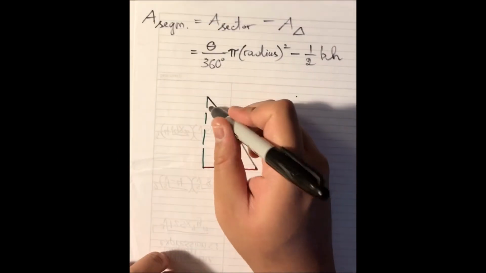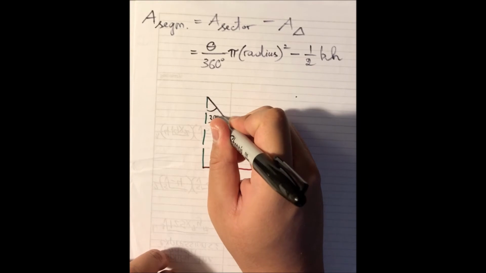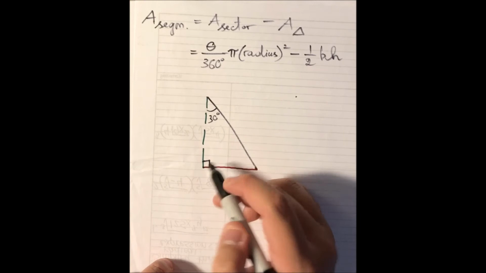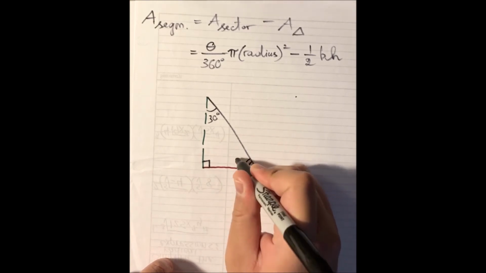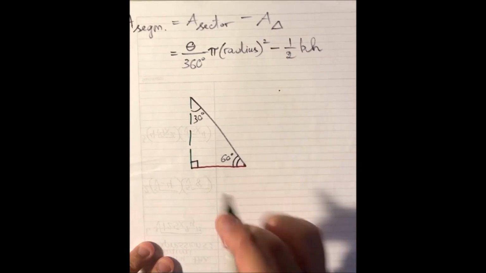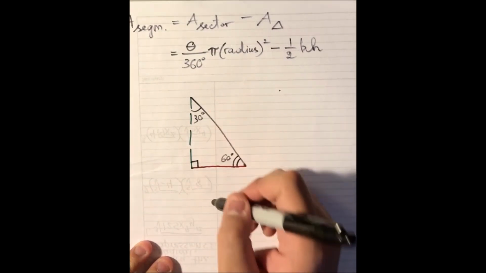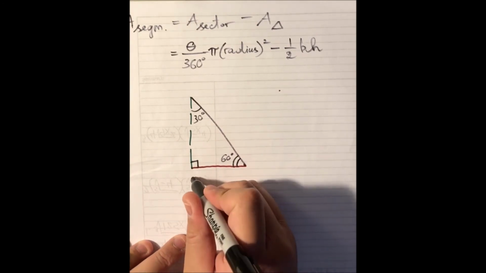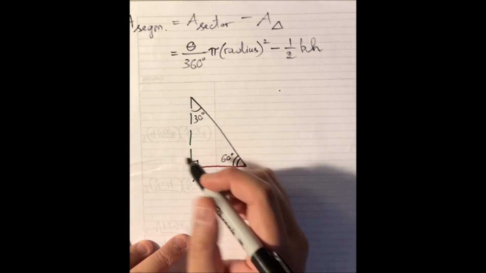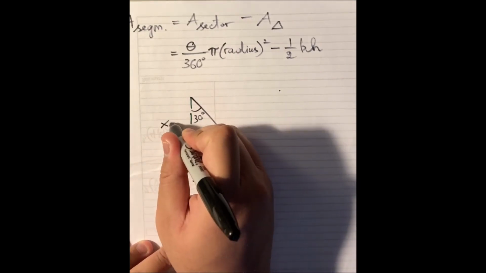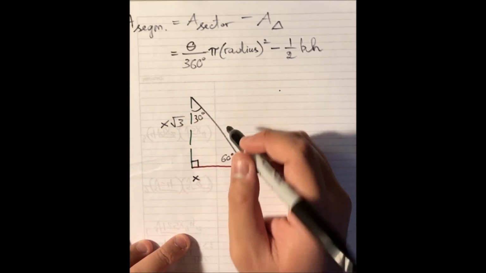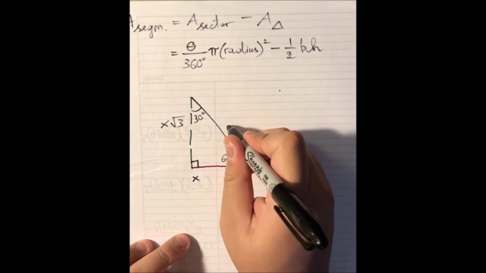And because we are picking the right half, we know that this right here is 30 degrees. This is the right angle that we drew earlier. If this is 30 and this is 90, this has to be 60 by the triangle angle sum theorem. Now, by the 30-60-90 triangle property, opposite to 30 degrees is the short leg denoted by the letter x. Opposite to 60 degrees is the long leg denoted by the short leg times square root of 3. Opposite to 90 degrees is the hypotenuse, aka the radius of the circle, denoted by 2 times